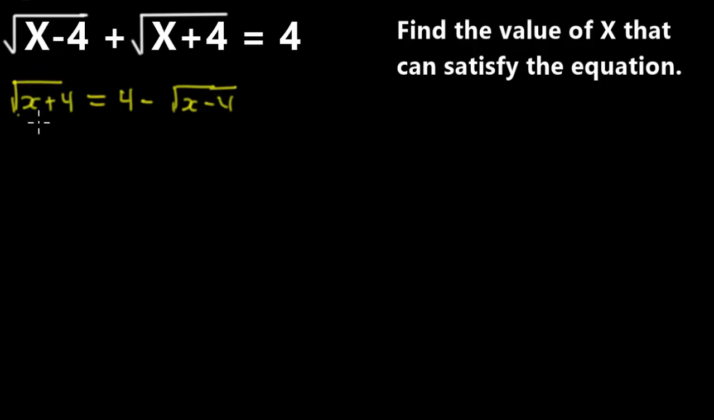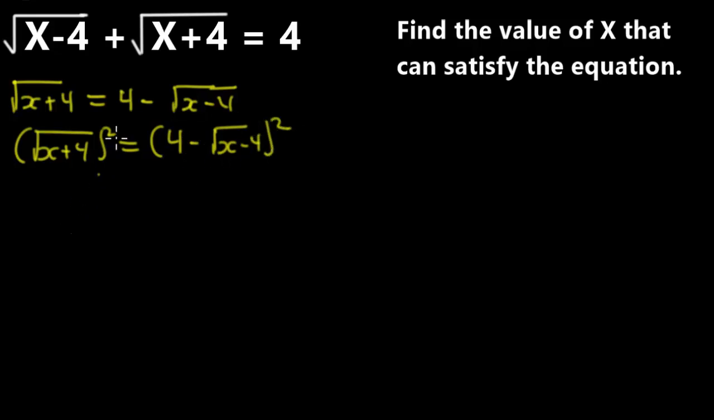So over here, we want to get rid of this square root. So what we are going to do is to square both sides. So squaring both sides, you are going to have the square root of x plus 4 all squared is equal to, then we square this side, square root of x minus 4 all squared. So over here, the squared over here will take up the square root. So you are going to be left with x plus 4 is equal to,